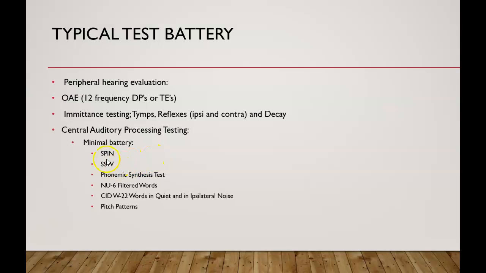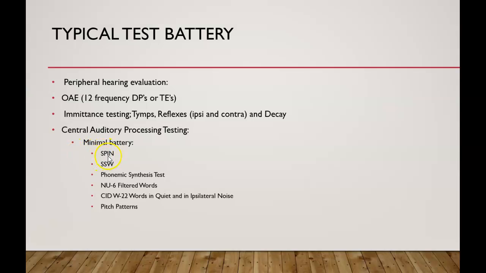Sometimes younger kids can't do this entire battery at the same time as they do the early battery. In IAC, sometimes they do language testing, and you have an 8 or 9-year-old, and that's an all-day thing. It might be a little tough. I will typically bring younger kids in for the peripheral hearing evaluation, OAEs, and emittance. Maybe let them go get lunch and then do the auditory processing test.